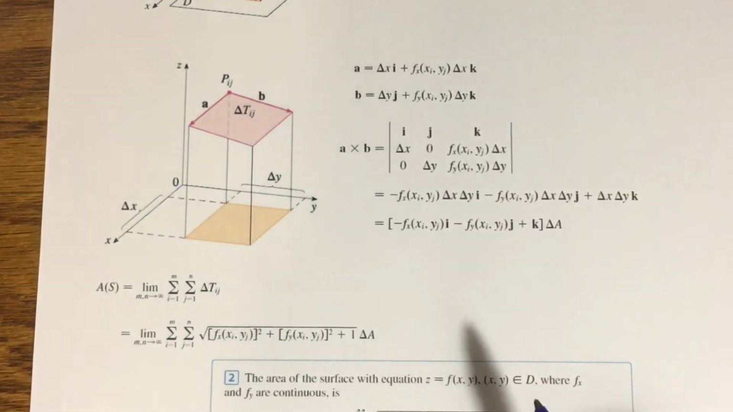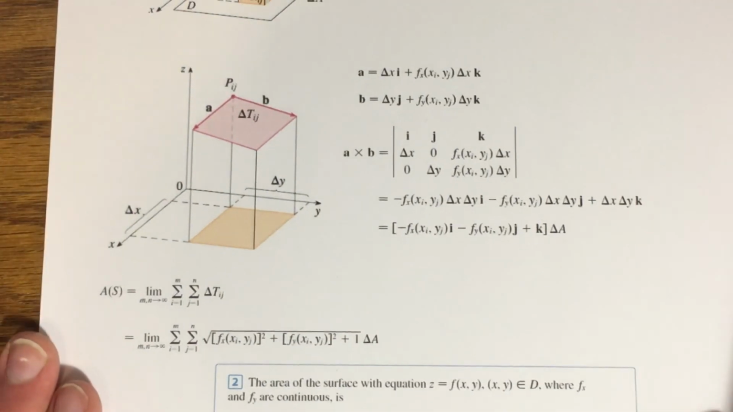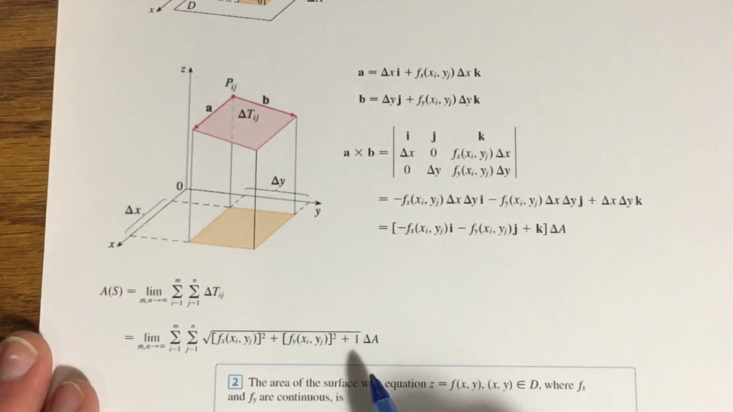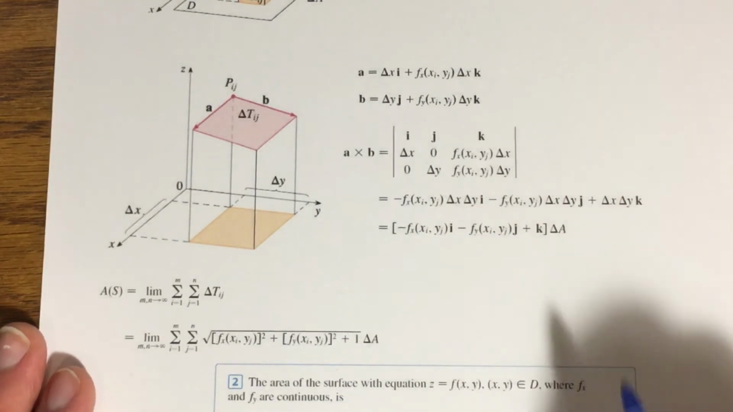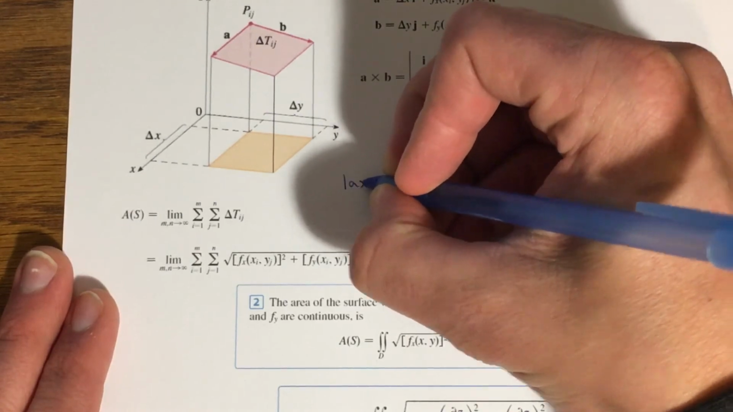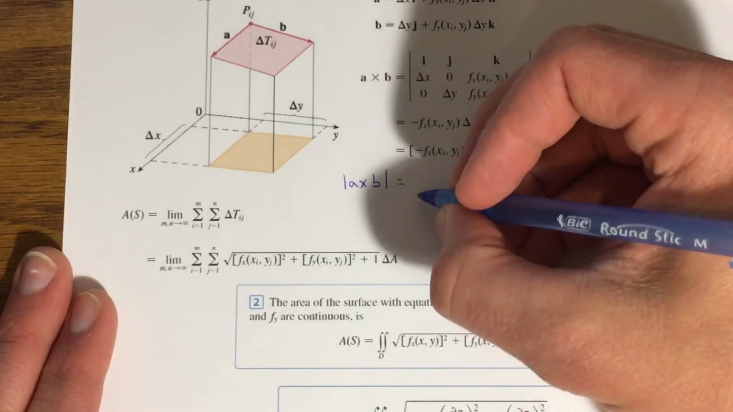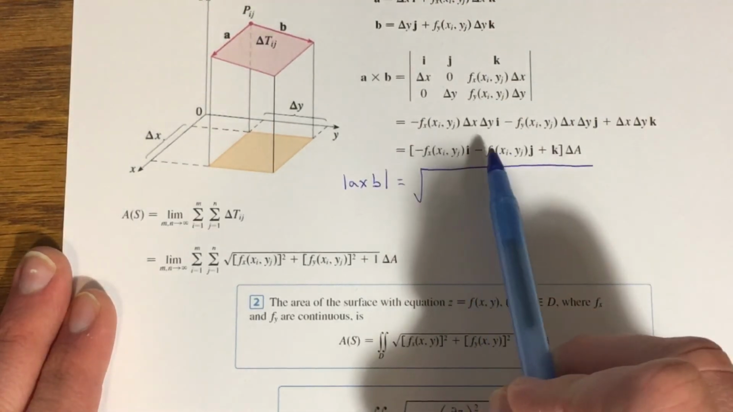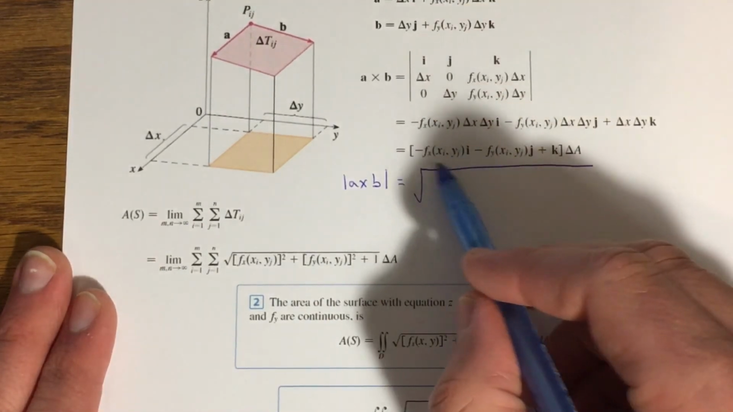So the next thing that we need to do is, first of all, note that this would be the vector A cross B. And one thing that's missing here that I'm going to write in is the magnitude of A cross B. Remember, the magnitude is going to be the square root of the sum of the squares of each of these components here. So if I square this, I'm going to get